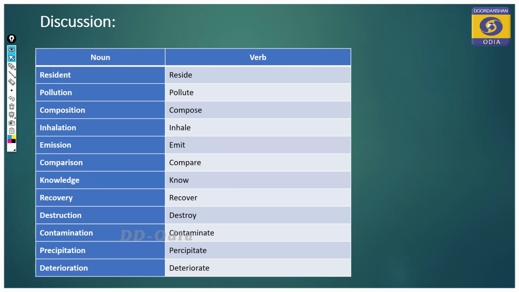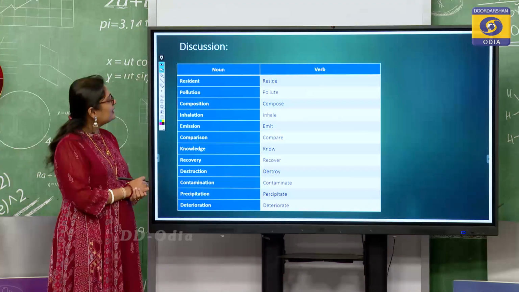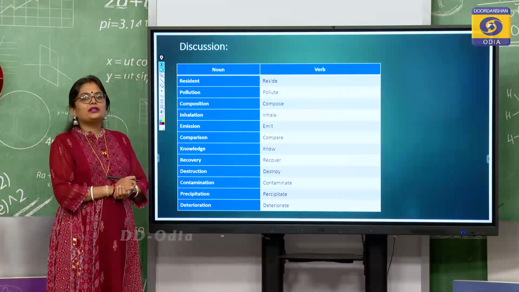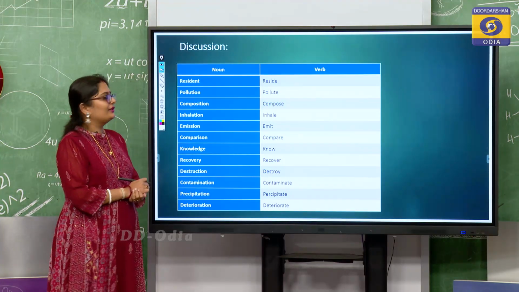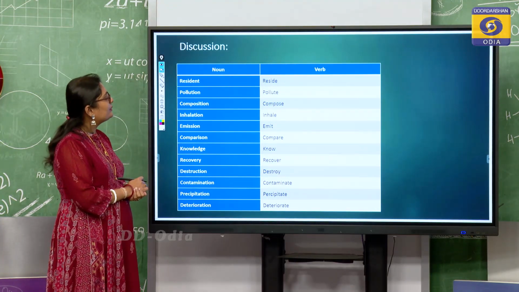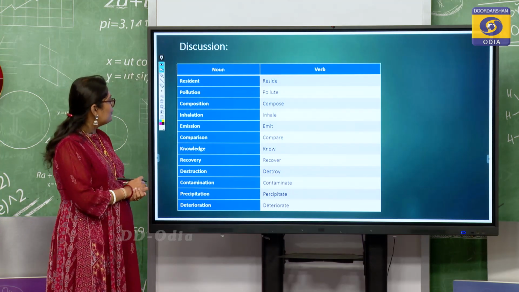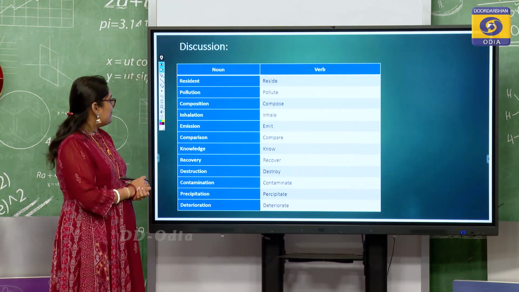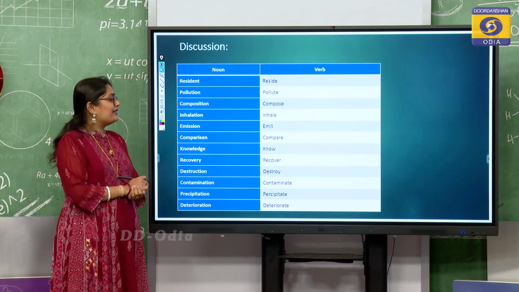These are all slides that come in the grammatical portions of your text and you have to pay attention one by one. So, what do we see? We see the noun forms. What are the noun forms? Resident. So, what will be the verb form? It will be reside. Similarly, pollution is the noun form. What will be the verb? It will be pollute. Similarly, composition would be compose, inhalation would be inhale, emission would be emit, comparison would be